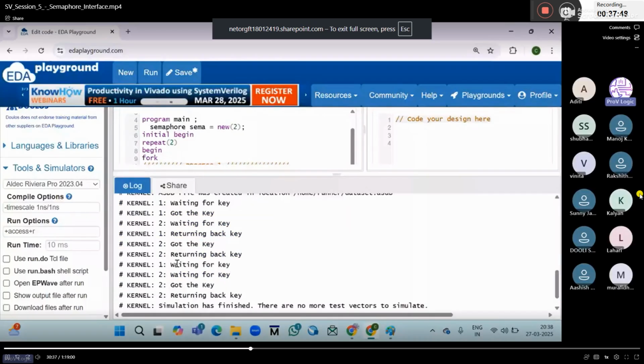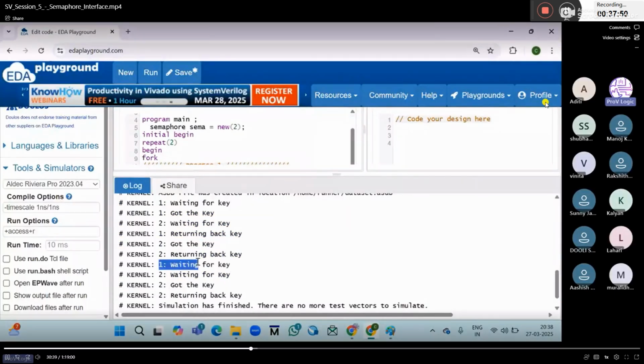That's why in the second time, process 1 is still waiting for the key, because